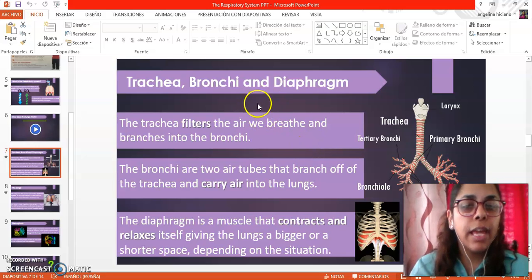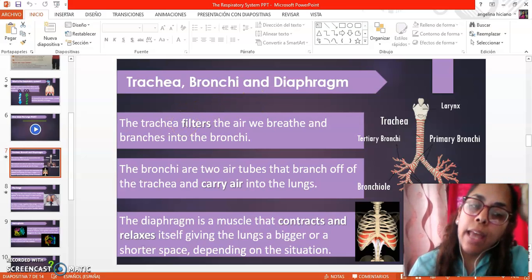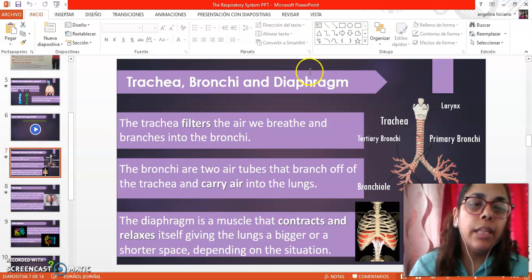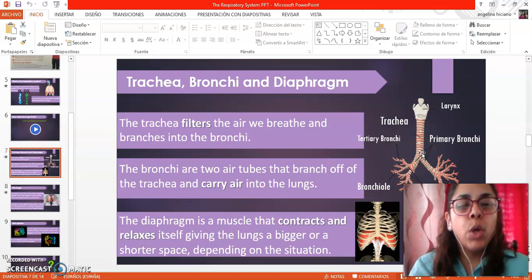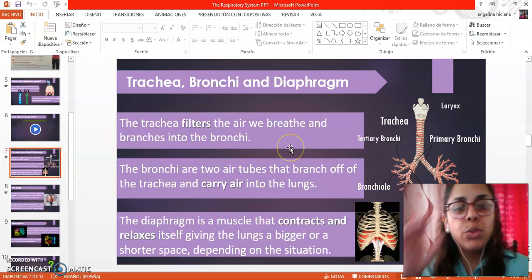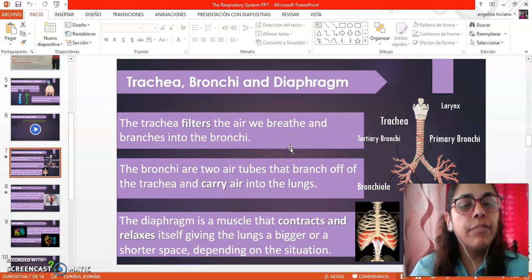We have in this system the trachea, which is a filter. It's a long tube. It connects the mouth to the lungs. This is a long vertical tube, okay? So at the end of the trachea, it divides itself into other set of tubes, okay? Which are the bronchi. The bronchi are two air tubes that branch off the trachea and carry air into the